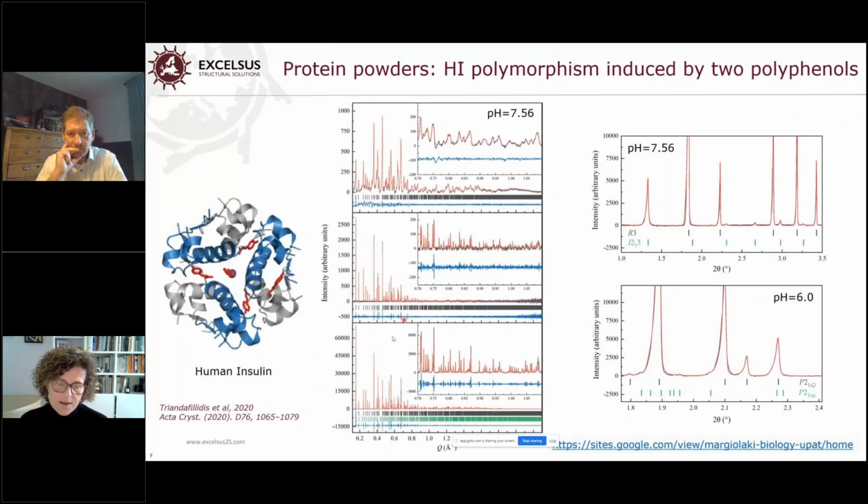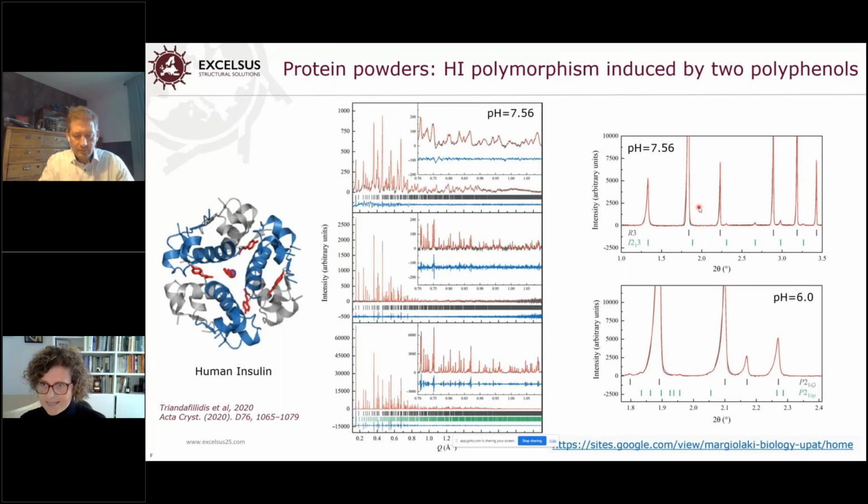Recently, we also challenged ourselves in dealing with protein powders, with a collaboration with the group of Irene Margiolaki at the University of Patras. They are really pioneers in the application of Synchrotron XRPD to protein powders. And we applied these methodologies we developed at Excelsus to measure their proteins, so far measured at ultra high resolution